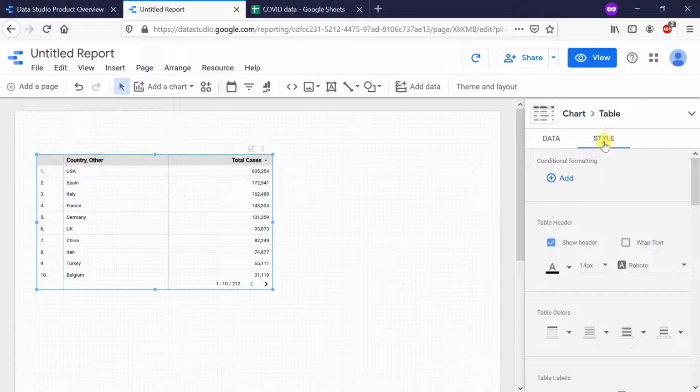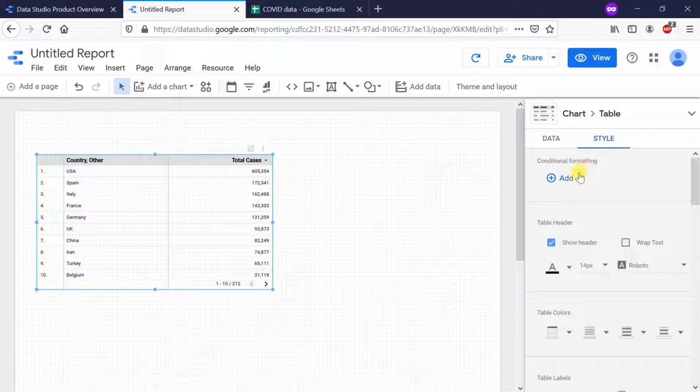The first option is conditional formatting. This is similar to filtering. The only difference is that records which meet the criteria, that is which meet the condition that we have set, will not be removed, but they will be highlighted as per our instruction. For example, using filtering, we removed US from this list. But if you want to highlight USA, you select the condition in the same way and then tell how to highlight the record which meets this criteria.